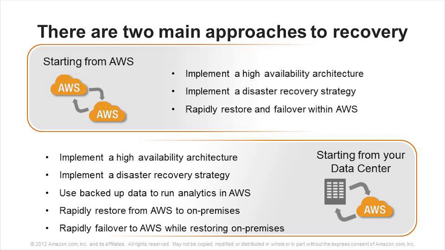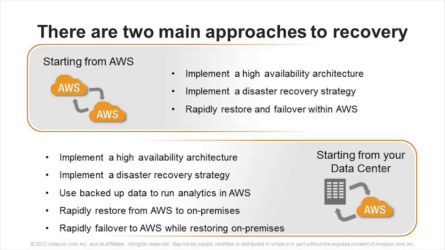Let's focus more on the second scenario right now. If you have an application running in your own data center, what do you do to create a disaster recovery model from here? So the idea is you're certainly going to start with your own high availability architecture. You're going to come up with your DR strategy for how live you want to be. As Stelio talked about earlier, we're going to talk about recovery time objectives and recovery point objectives. You need to have a good understanding of your requirements there and of what your business's requirements are there.